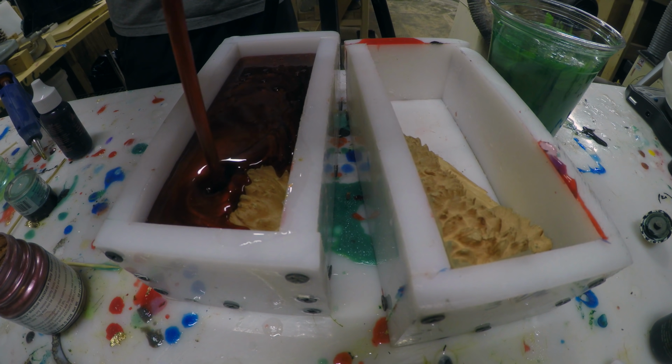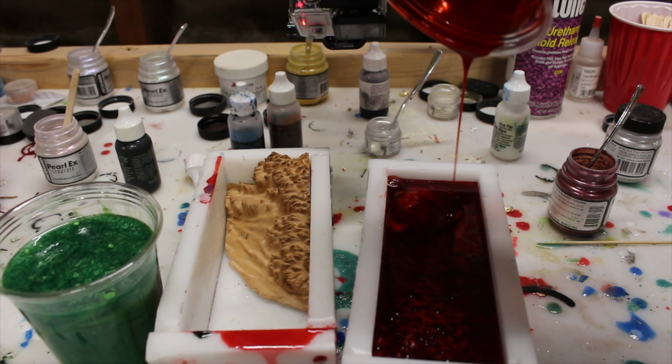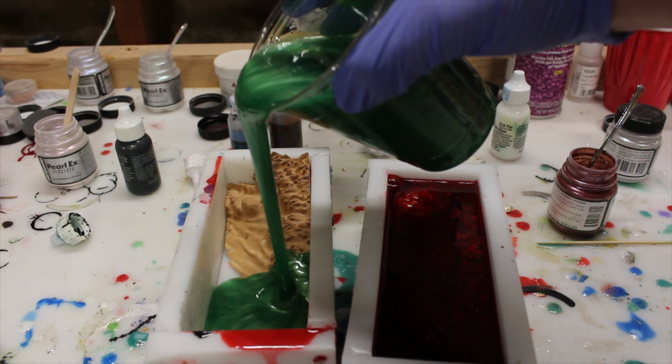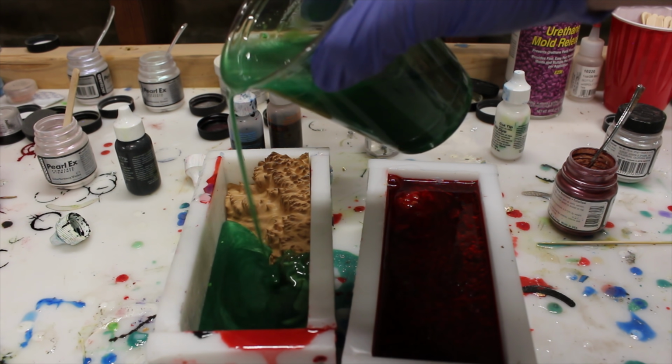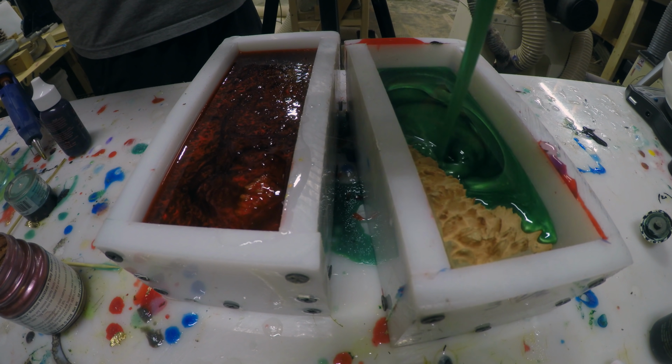So pouring is pretty straightforward when you've got the solid colors. You pretty much just dump it all in. It really doesn't matter that much unless you're trying to do multiple colors and do something special. And as you guys can see there on the green, there is a little clump of pearlescent powder,